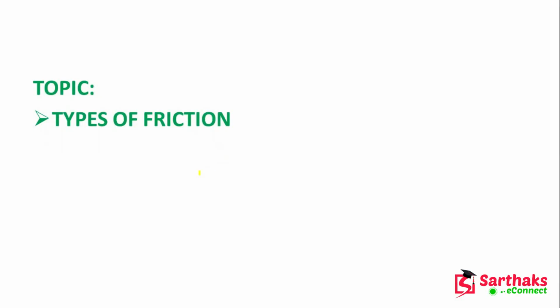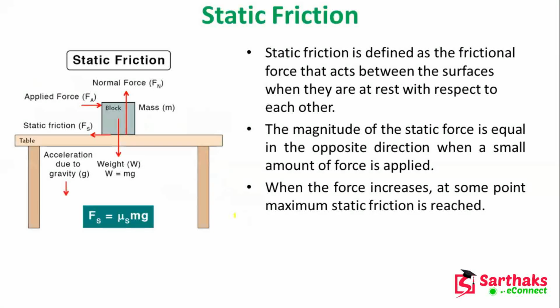And if you are sliding one object, suppose this is one object and it is just on the ground and you are sliding this one, then also it will face one type of friction. So in this lecture, we will discuss the different types of frictions we can see in our daily life. So first is the static friction. Now, the static friction is defined as the frictional force that acts between surfaces when they are at rest with